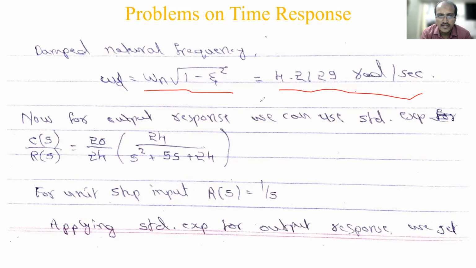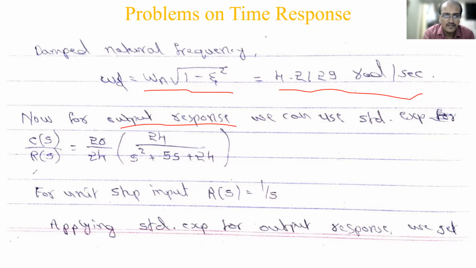Okay, so then you have to calculate the response. See here, this is the change I am making here. When I am calculating C of S by R of S, I have to find out the output response now, right? That is C of t, the inverse Laplace transform of C of S, I have to find out. So here no need to do the derivation now. That's why we learned the derivation yesterday. If we have the derivation and the final formula, it is easy to solve the problems. Otherwise we would have to do the derivation for all the problems, and it would be lengthy. So such a burden is not there now.